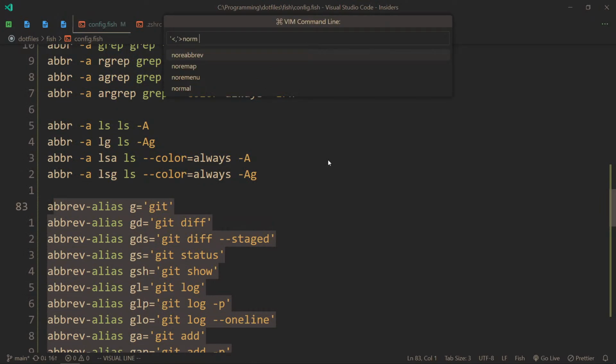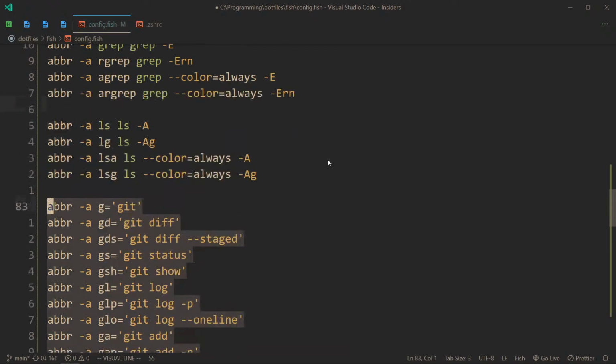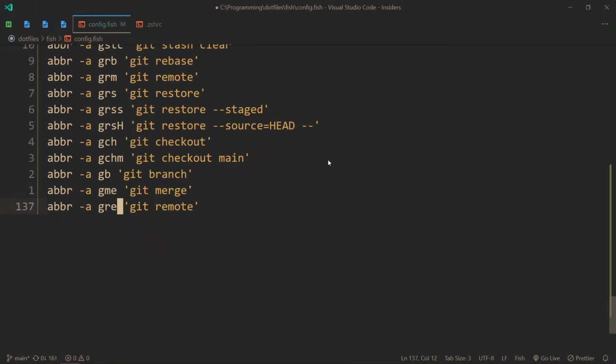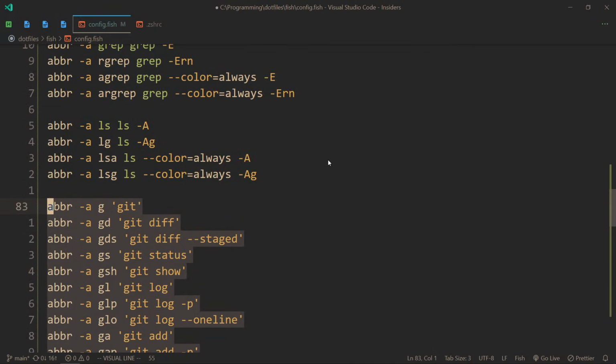We start at the start of the line, change word abbreviation dash a, gv norm, we find the equal sign, and replace it with a space, gv, and now we